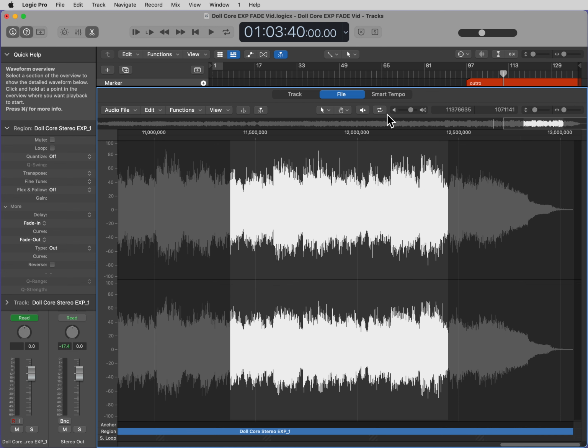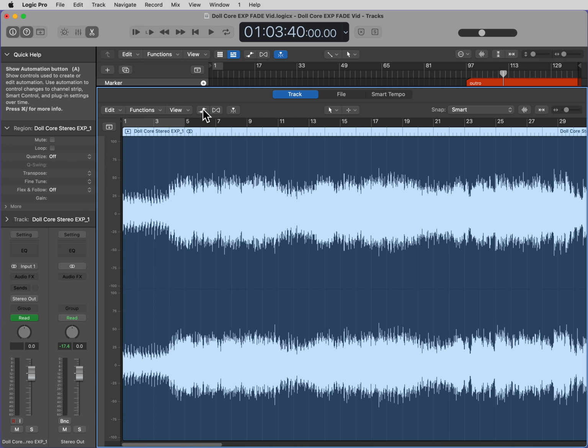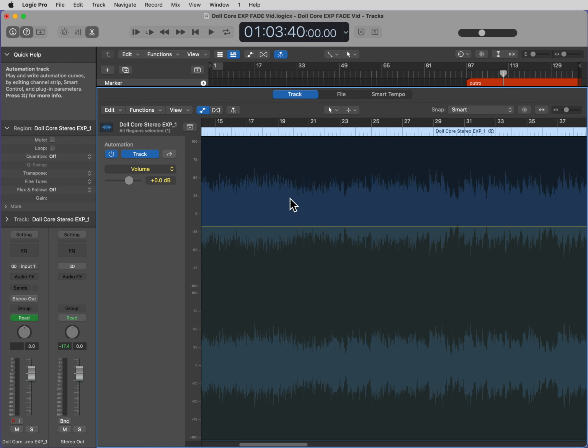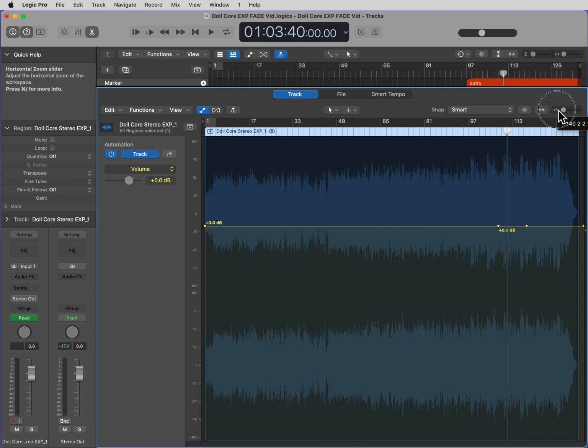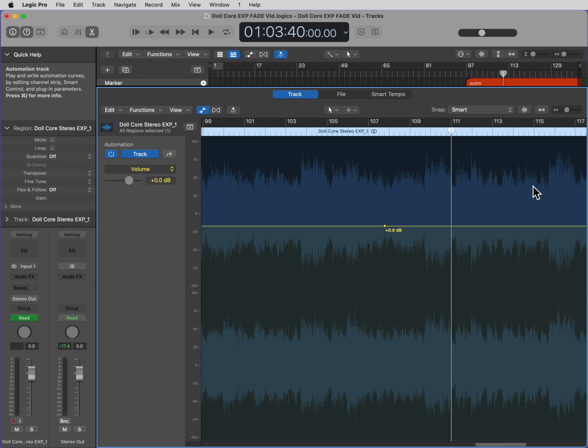We want to customize the fade. So let's go to the automation. Make sure the automation is on. And I have already selected where I want the beginning and end of the fade to be. This is 19 seconds in between the two dots. As you can see, I'm cutting out a lot here. This right here, where the outro red line is, is the beginning of the repetitive coda. So what I'm going to do is zoom in on the fade out area.